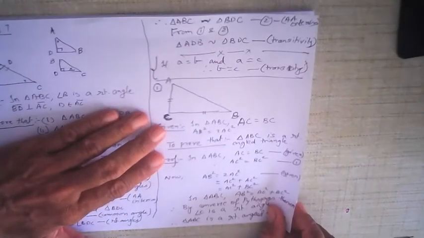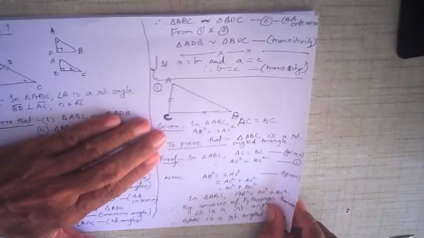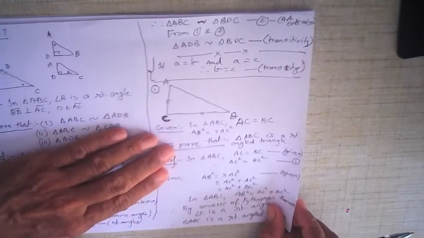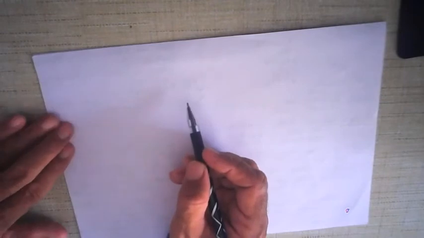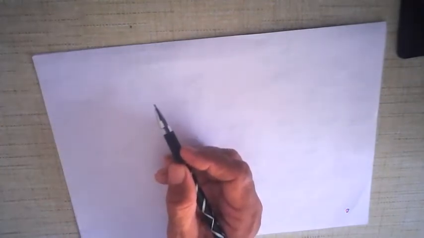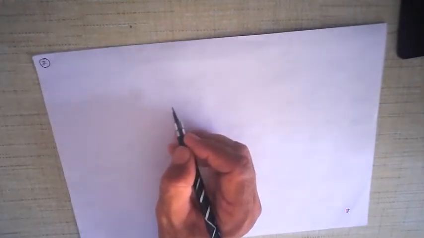This kind of proof is very easy to understand, and very easy to do also. These are the kind of proofs that you must concentrate on in addition to the theorems. They will be asked in the exam. That is why I suggest that you write it down in your notebook after watching the full video, and you will see how easy it is to study from your notebook. You can't keep looking at the video every now and then. Now let us do a few more questions which involve Pythagoras theorem and converse of Pythagoras theorem.